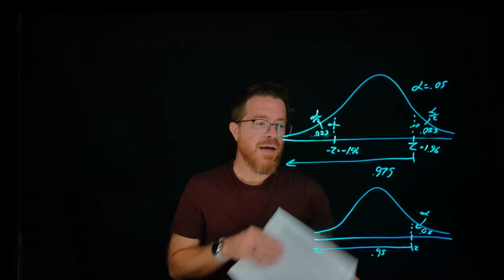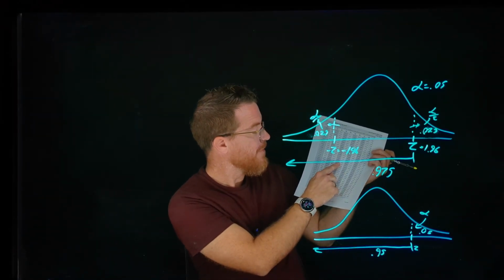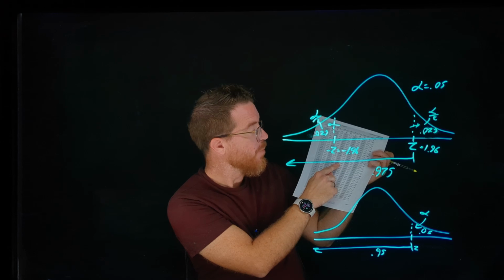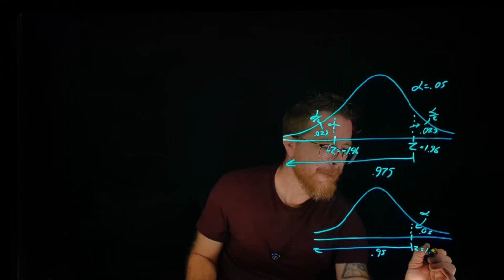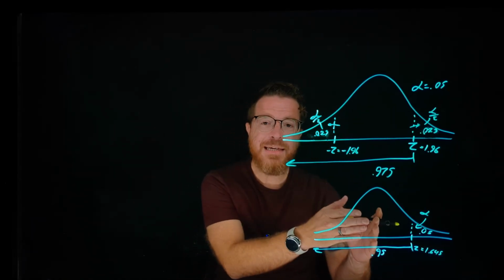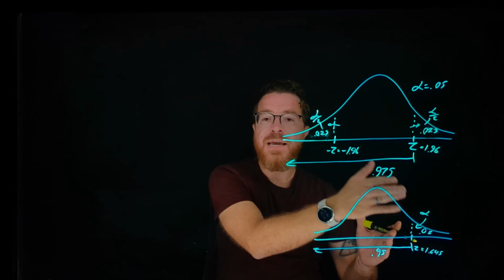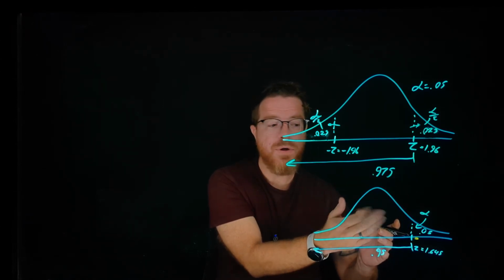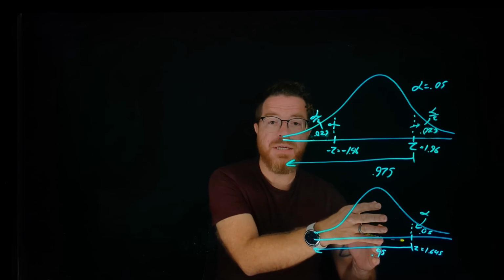So in this case, I'm going to look at my table and find 0.95, where the closest value is actually between these two. It's going to be 1.645. This means that anything that is above 1.645 falls in the rejection region. Any test statistic that is below 1.645, whether it's a positive or negative value, would be in the fail to